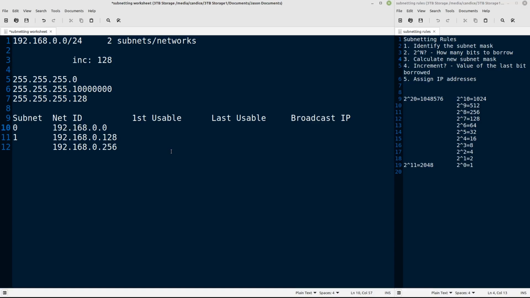So now we can figure out broadcast IPs, which are going to be one less than each network ID in sequence. This one's going to be 192.168.0.127. And this one's going to be 192.168.0.255, which gives us 0.1, 2, 126,